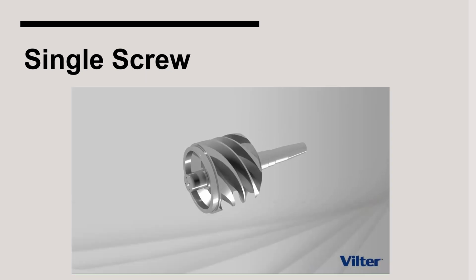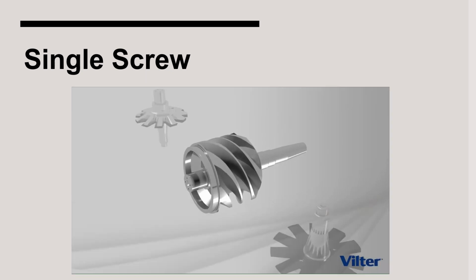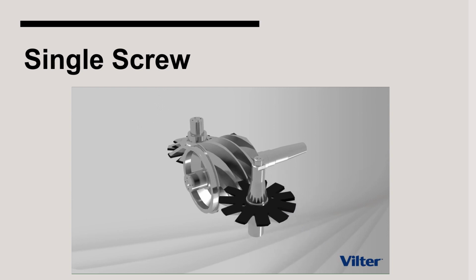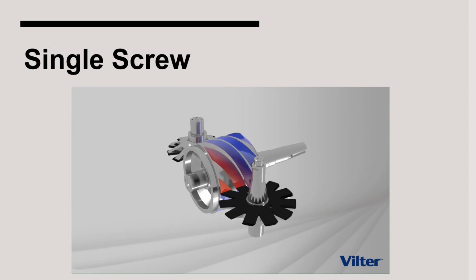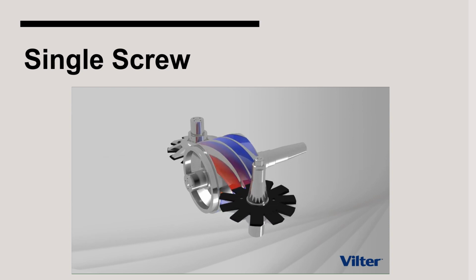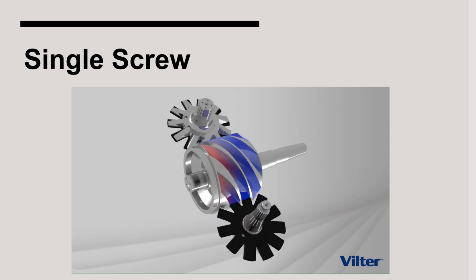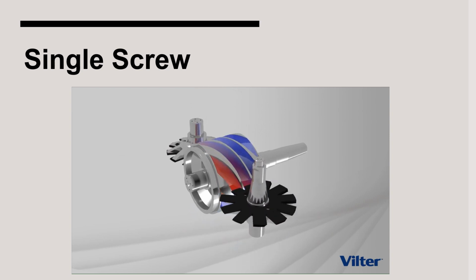The single screw type of compressor is manufactured by Vilter. This video describes how the single screw operates. Meshing with the main rotor are two Stargate rotors. The teeth of the gate rotors intermesh with the flutes of the main rotor, closing the gate and trapping the gas in the flutes. The gate rotors are identical in size and shape and are positioned on the opposite sides